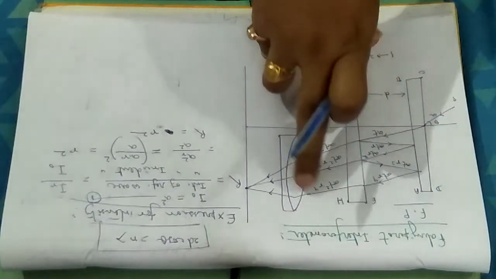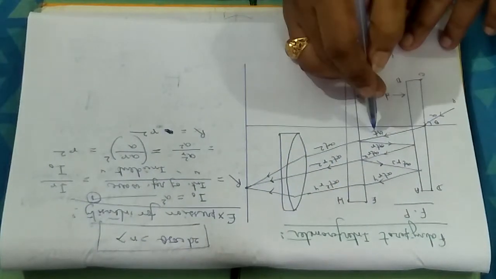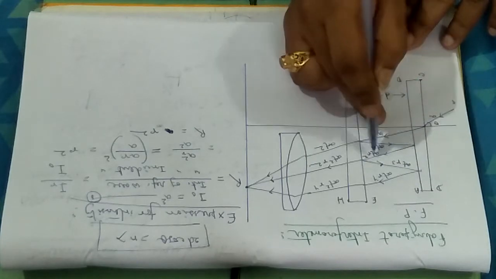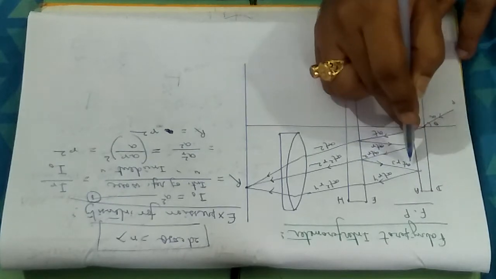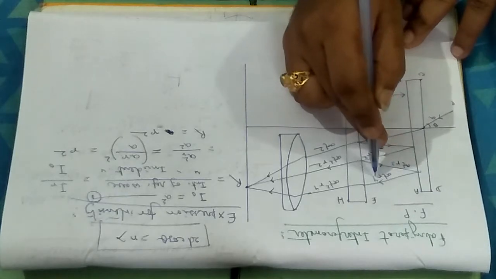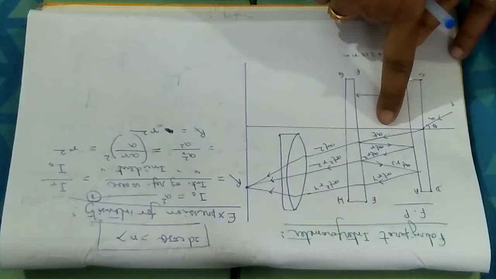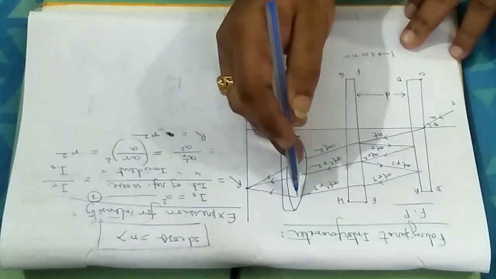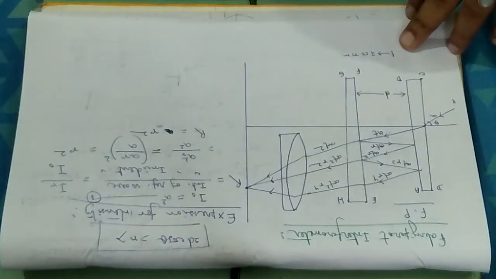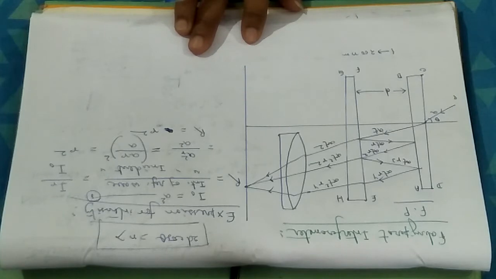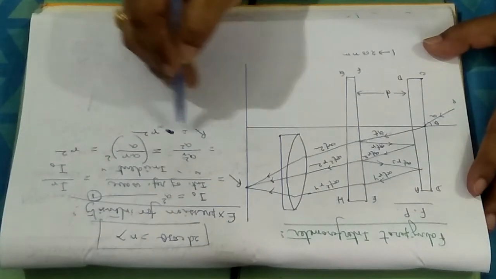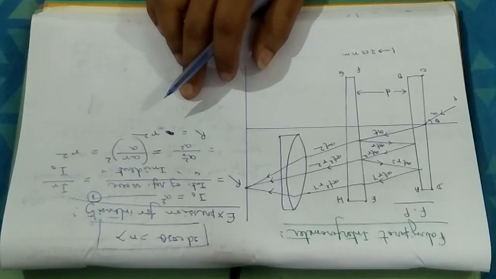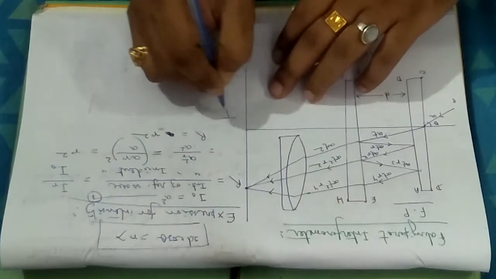Try and understand this picture very carefully. This is AT being reflected ATR, again reflected ATR squared, again reflected ATR cube, again reflected ATR to the power 4. For every reflection, r is multiplied with the amplitude; for every transmission, t is multiplied with the transmitted ray. We have calculated the reflection coefficient: capital R equals small r squared. Similarly, we can calculate the transmission coefficient T.